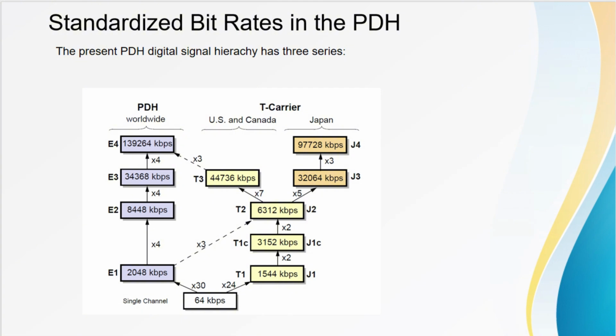Okay, come back to the picture. We can see the first one is 64 kbps. This is equal to one time slot. So one time slot equals 64K, and one E1 equals 32 time slots. So one E1 equals 2 Mbps, and we can get E1, E2, E3, E4 respectively, and we can see that